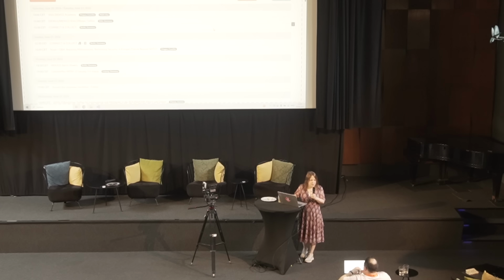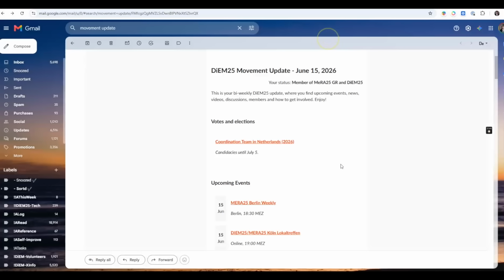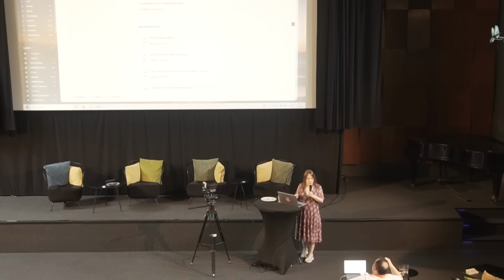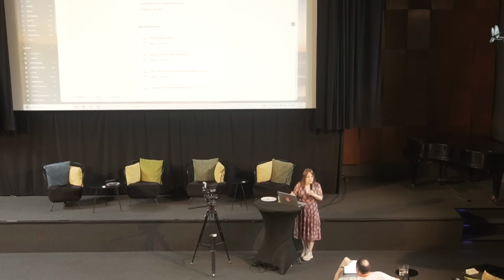So if you do that, we always try to approve the events within 24 hours, 48 hours, and especially on the day when the movement update goes out. So, you know, this email that I was talking about with the upcoming events, it goes out every other Monday, and we always look through the unmoderated events to see if we can approve any more events before this goes out, to make sure that your events will be featured. But it does rely on a bit of planning. If you add your event 3 days before it happens, then it may be a bad timing for this movement update, which only goes out every 2 weeks. So we really try to add your event 14 days in advance so that it will be picked up